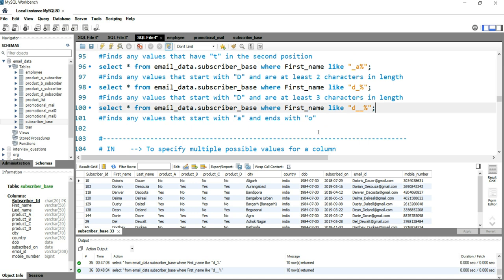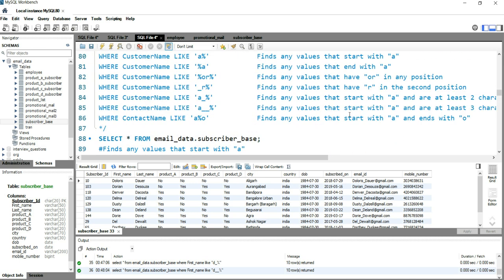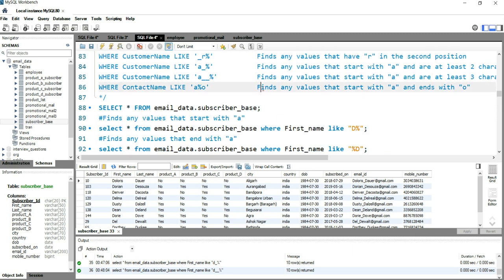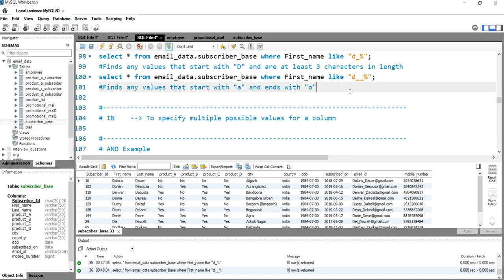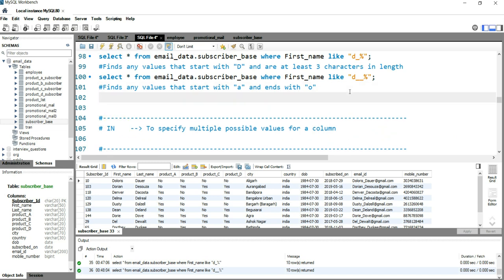Now the next one is find any value that starts with A and ends with O. So currently we are at this position, the last scenario for pattern matching. For example, let's see, we have this name D here.